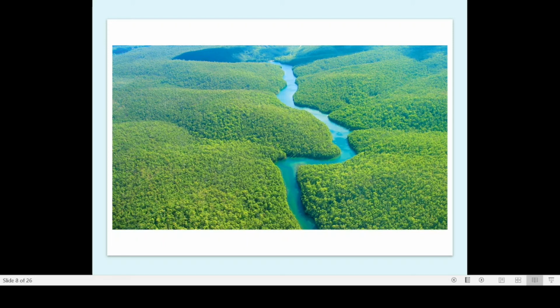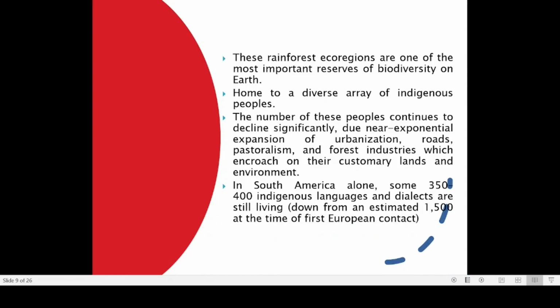So when that natural balance is lost, when we are interfering in the natural mechanism of controlling the spread of a disease, that will be affecting human beings in the near future or the far future. So this is the importance of the Amazon rainforest. If the Amazon rainforest is going to be lost, that can affect